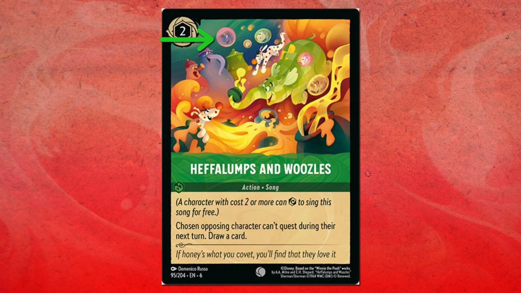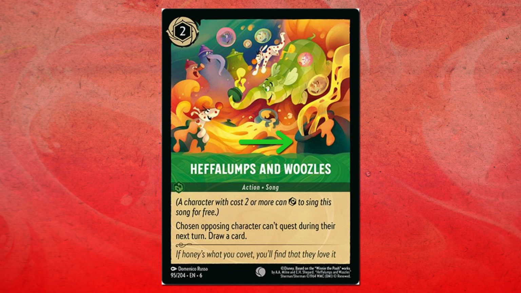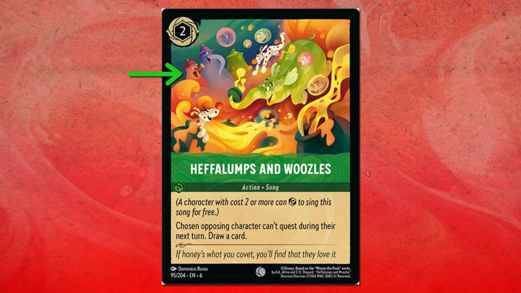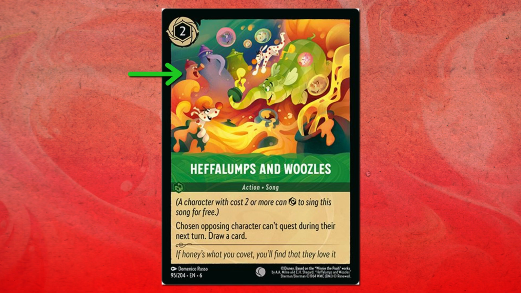Last but not least, there's the vague obsession with honey pots in the art. There's honey flowing out of 2 pots, there's a heffalump holding a pot, there's another critter crawling out of a pot, and then you also have these living pots back here with their own faces. All of these connect and create their own individual patterns in the piece.